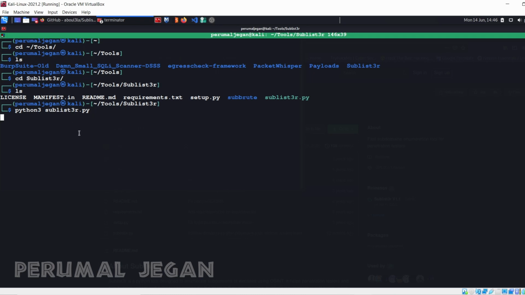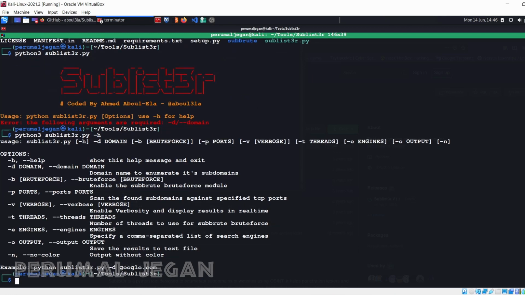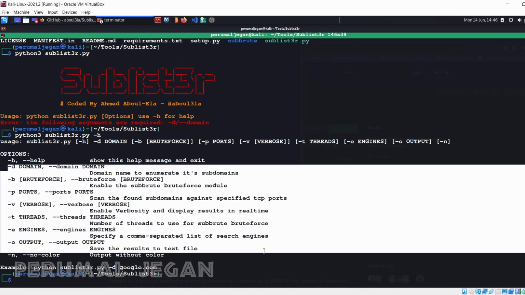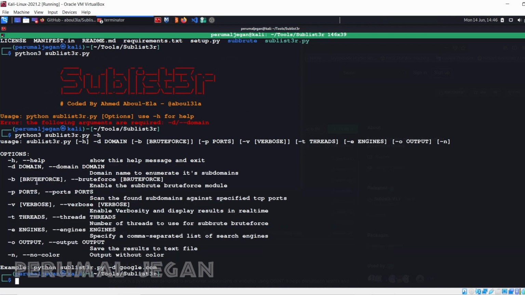When I simply run this script, let's see what happens. We have to specify the options. We have only few options here, so the tool seems to be simple. And when we use -d parameter, we can enumerate for a particular domain, and we can also brute force with